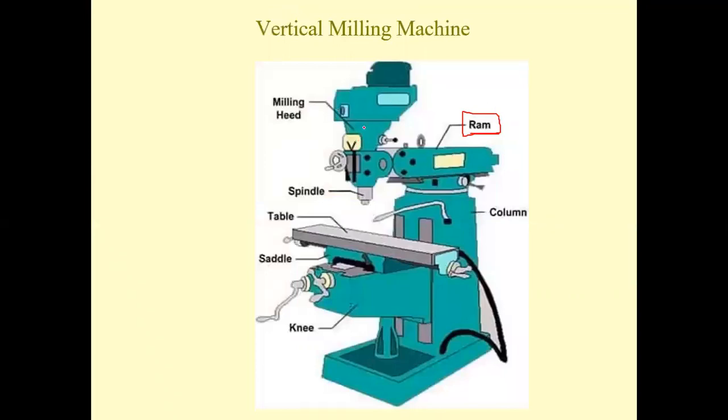Here, the cutter is rotating about its vertical axis. That's why it's called a vertical milling machine. Normally this is used for end milling or face milling. Mount your cutter in this and keep the workpiece on the table. When you bring it down, or raise the table, and it comes in contact, it removes the material. Because the cutting edges are at the face of the cutting tool, or the end of the cutting tool, this is called face milling or end milling. Normally face milling and end milling are performed on the vertical milling machine.